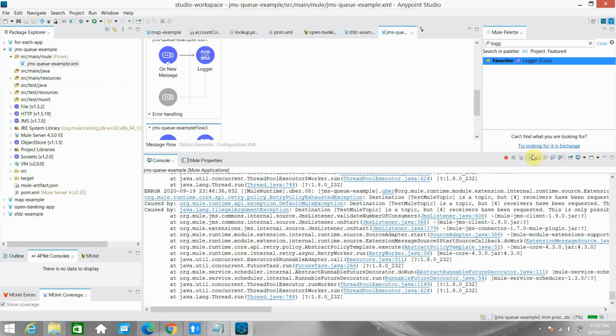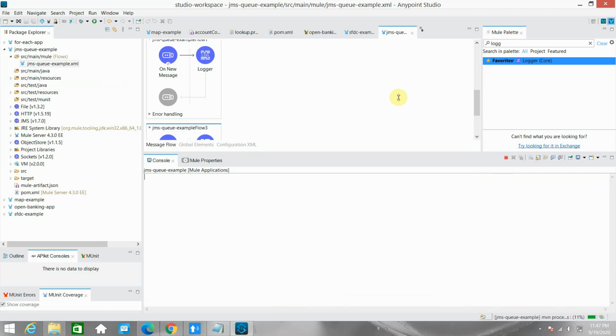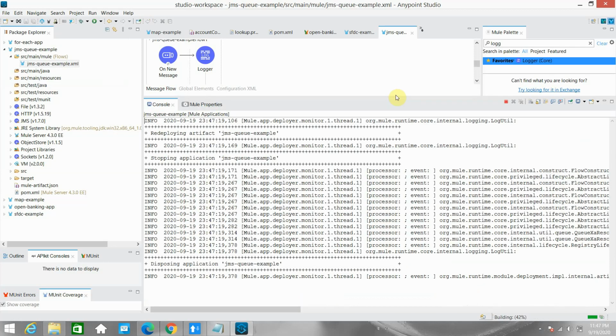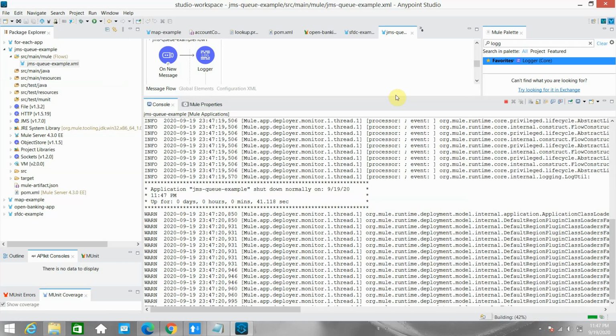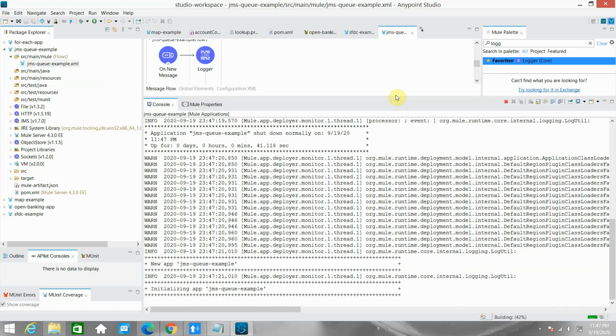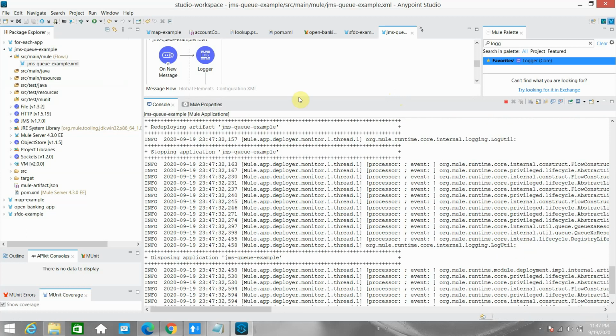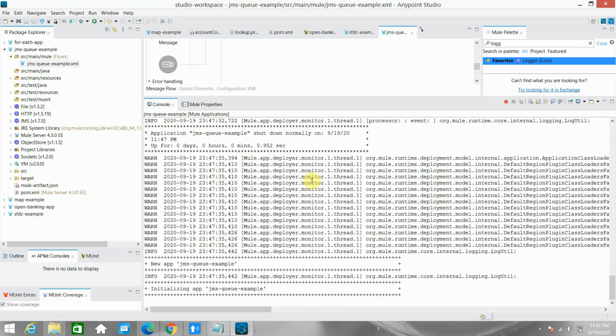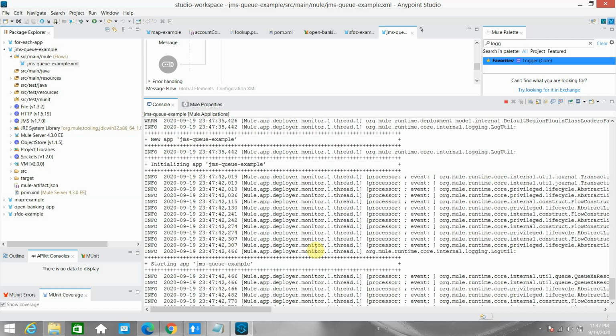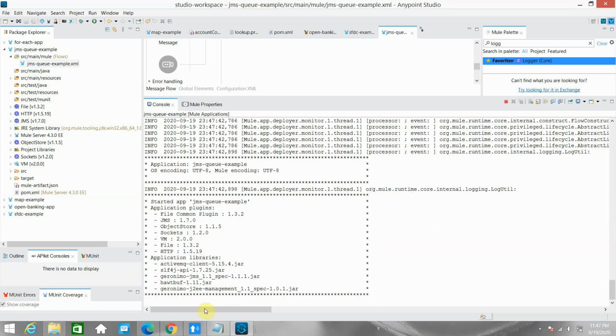That's fine. If you are using shared type, we will see that in some next video. It's redeploying, so give some time to this application. Okay, the application is started.